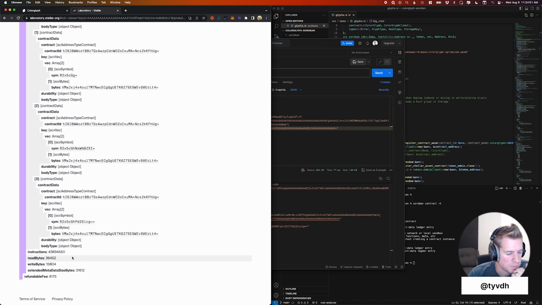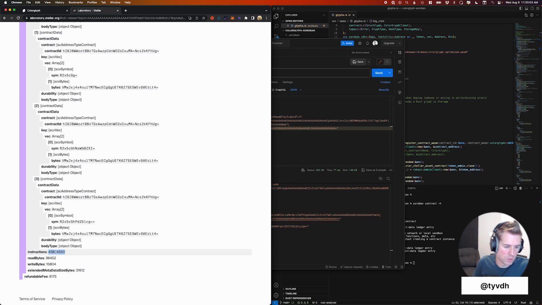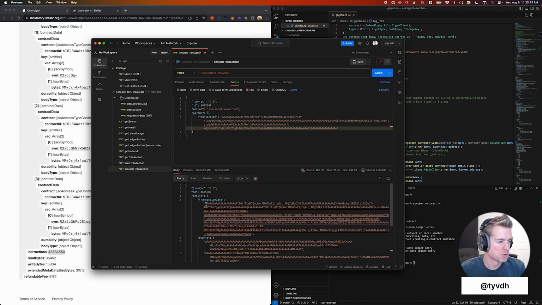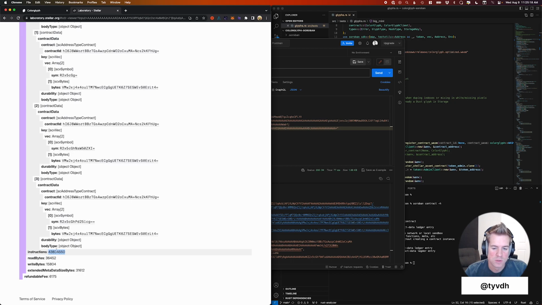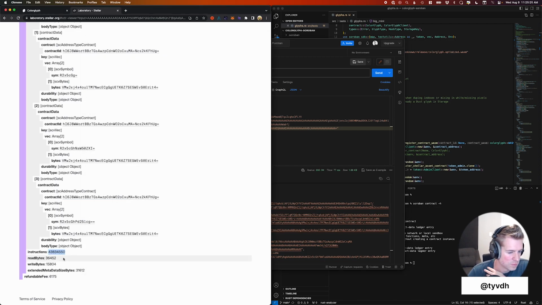We can see the instructions, and something kind of interesting to note is the CPU instructions that it used during simulation was 38 million, and the instructions here that it's saying it's going to try to use or budget for is 43 million, which is actually 15% more. So between simulation and submission, what's actually being set in the transaction data always increases by 15%. I don't exactly know why, but somewhere along the line that was decided, which is another reason you might want to build this transaction data XDR manually, if you don't like that it adds 15%